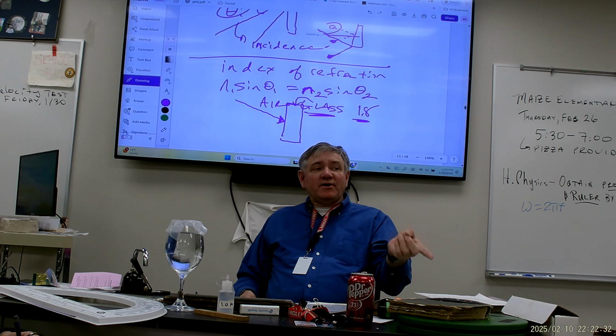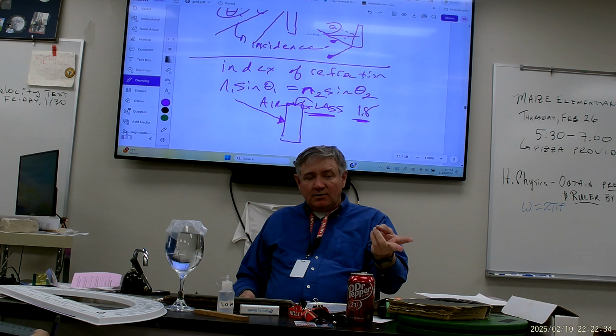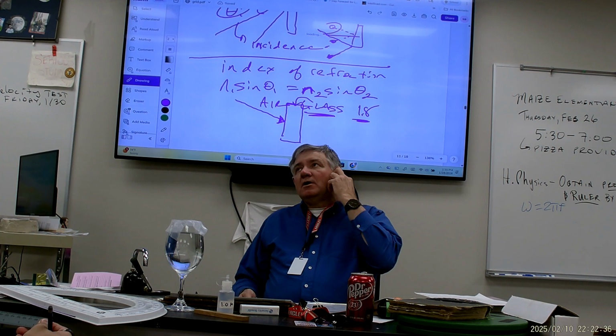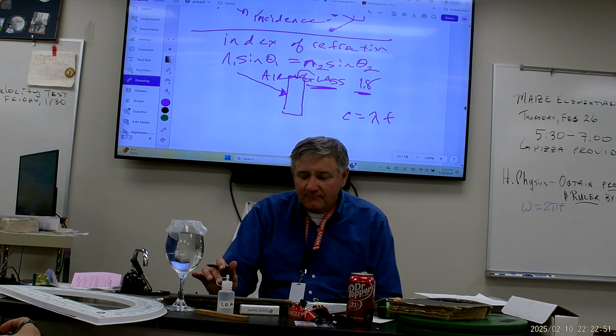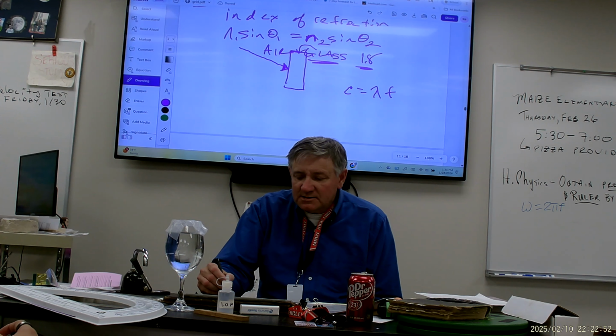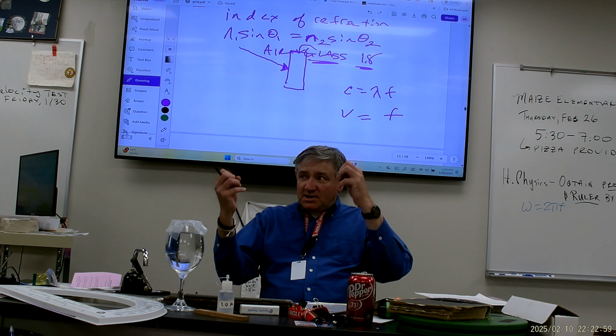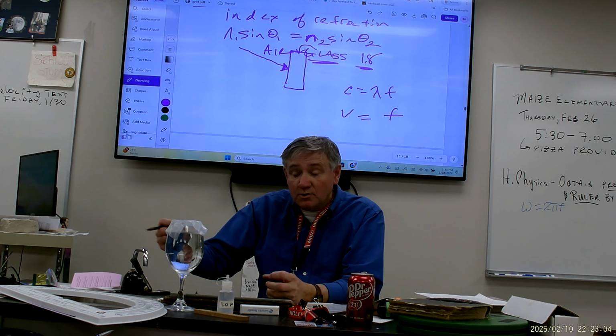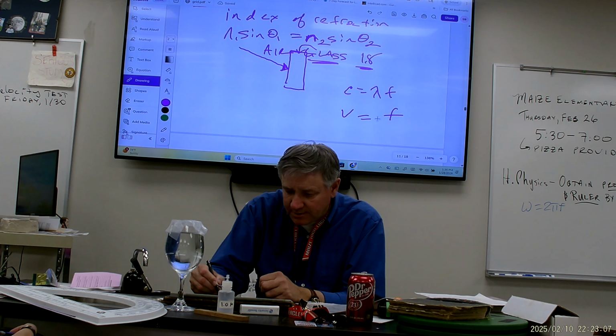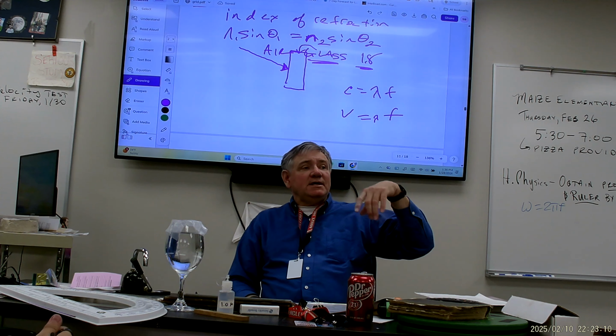Do we change the frequency or do we change the wavelength? Let me think. The speed of light, or velocity, is wavelength times frequency. So the new velocity is going to be less than the speed of light, but you're going to have the same frequency. So to create a smaller velocity with the same frequency, the wavelength has to get shorter. So in a new medium, the wavelength gets shorter.